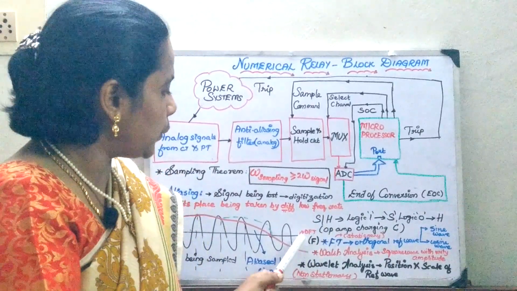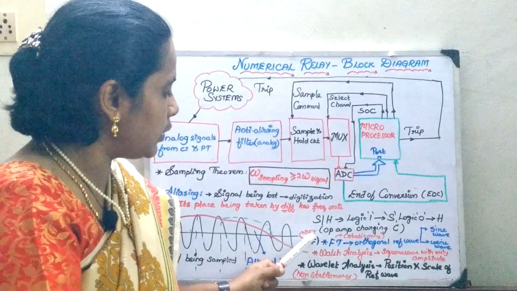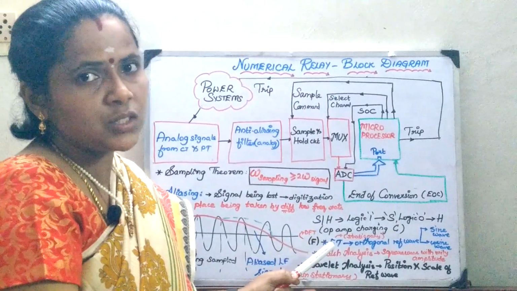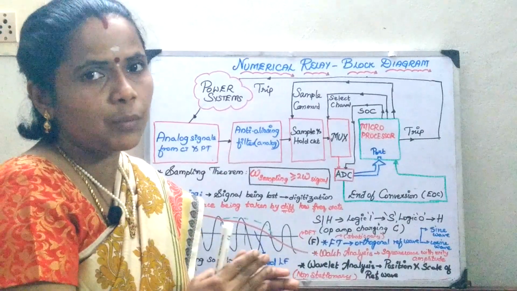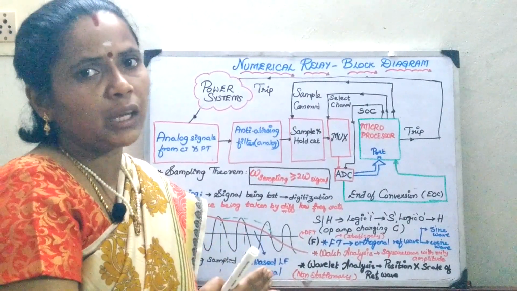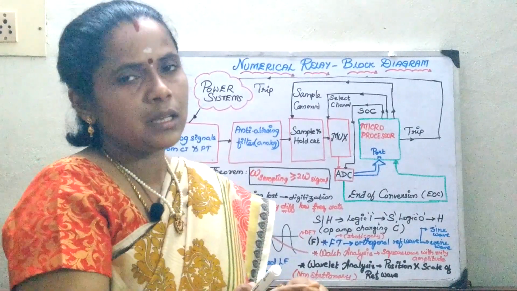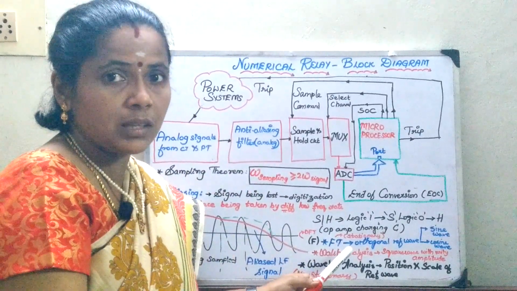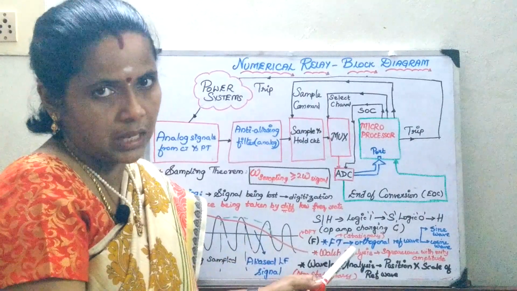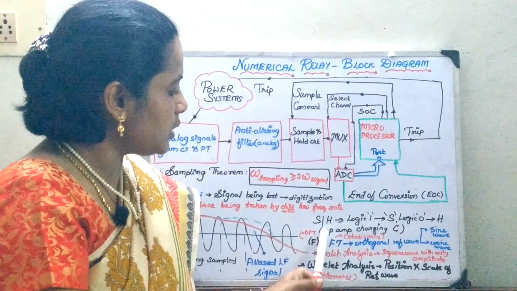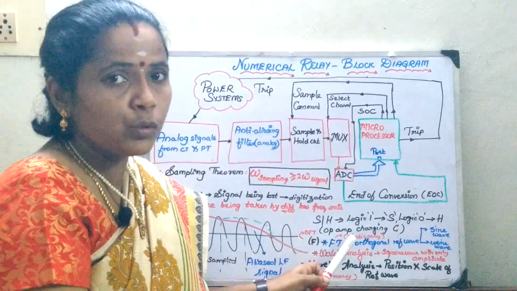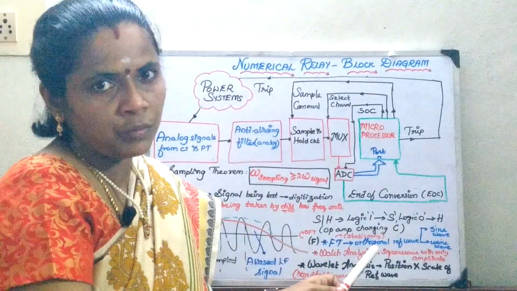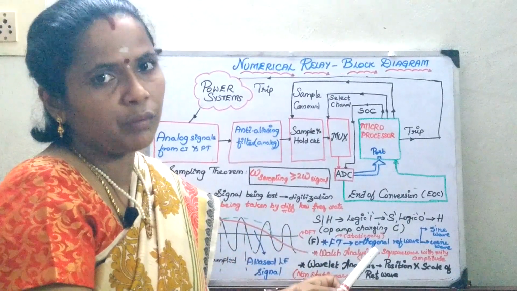Whereas when you take the discrete Fourier transform, it is just vice versa. It gives all the information about the time, but it does not give the information about the frequency of the signal. Whereas the Fourier transform gives the frequency of the signal, but it doesn't say the time of occurrence. And the Fourier transform is very well used for stationary phenomena, for analyzing stationary waves.